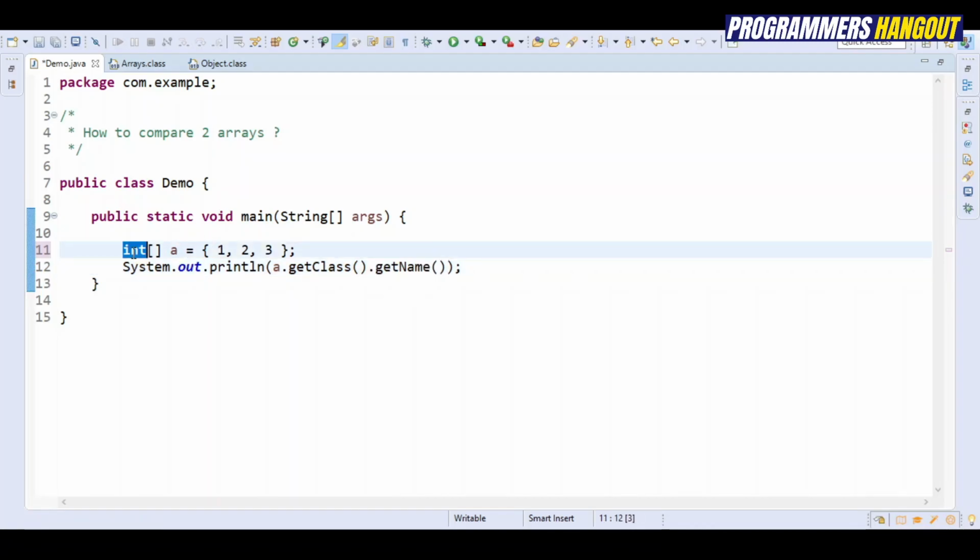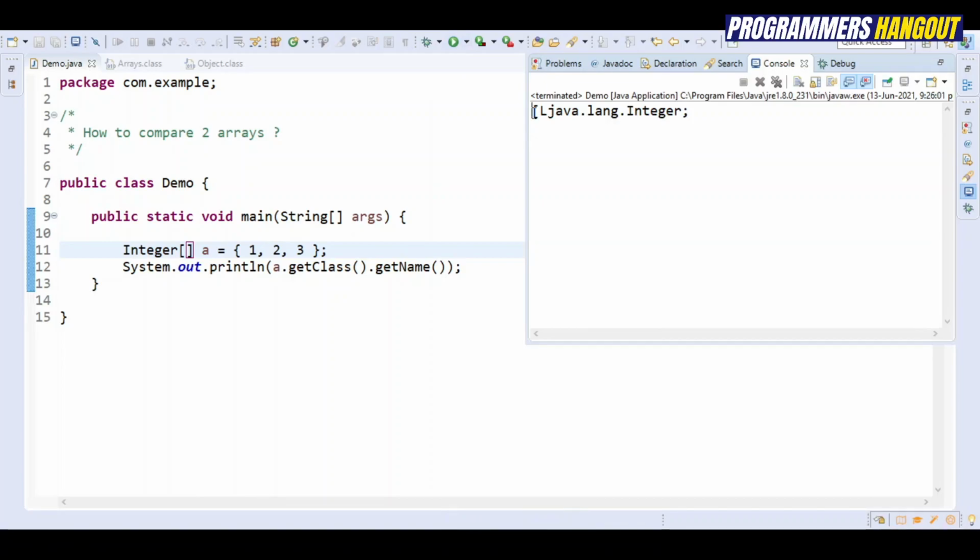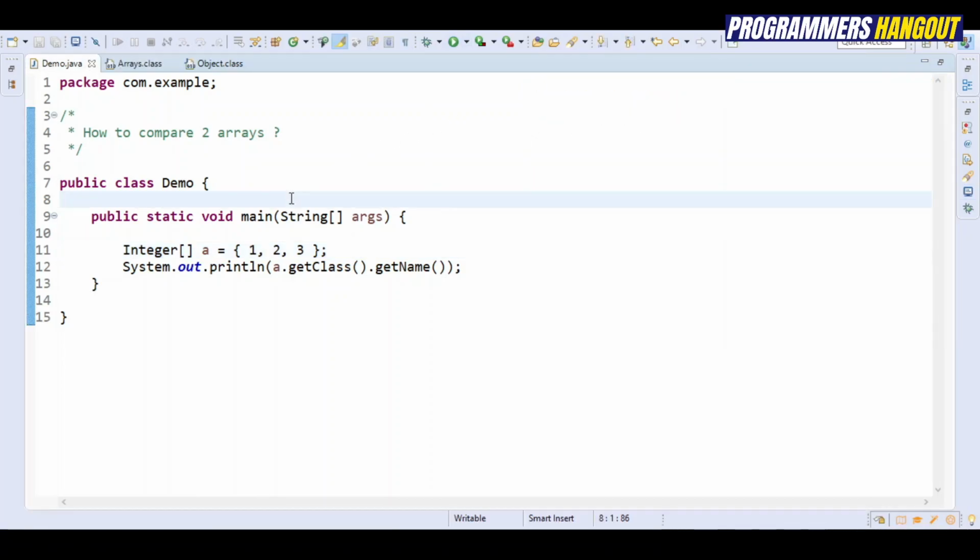Similarly, if we declare A as a wrapper type, I'll get this class name. So this just demonstrates that whether primitive or reference type, arrays always belong to a class.